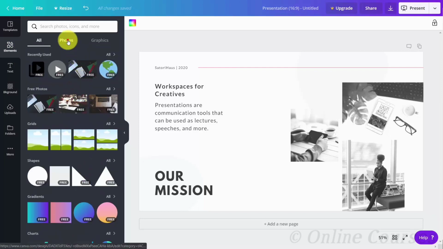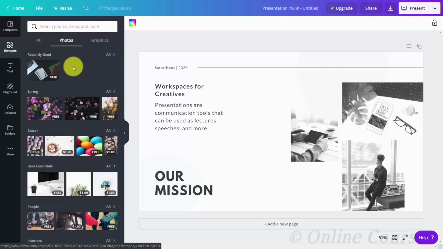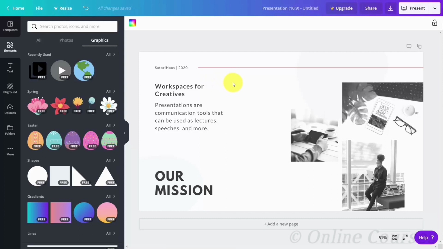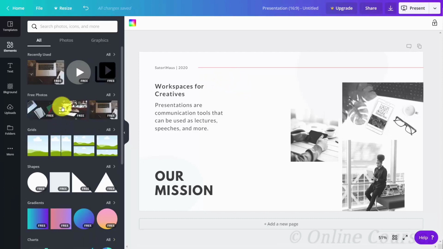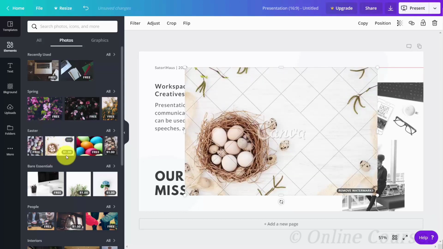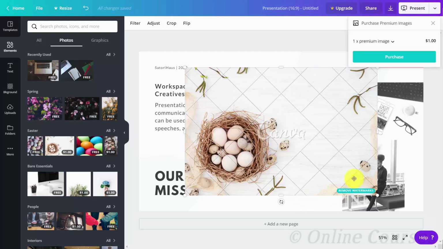We can bring in photos, and you'll notice that those will come up and we can add those to our canvas. We can also add in graphics. These are also things that we can add in to our canvas. Now you're going to notice that certain elements will say free, and other elements will have a price tag on them. If you click the element that has a price tag, you'll be able to use it. However, you'll have that element watermarked. There's a link to the bottom right where you'll be able to remove the watermark, and then you'll be able to purchase that element by clicking on this button,